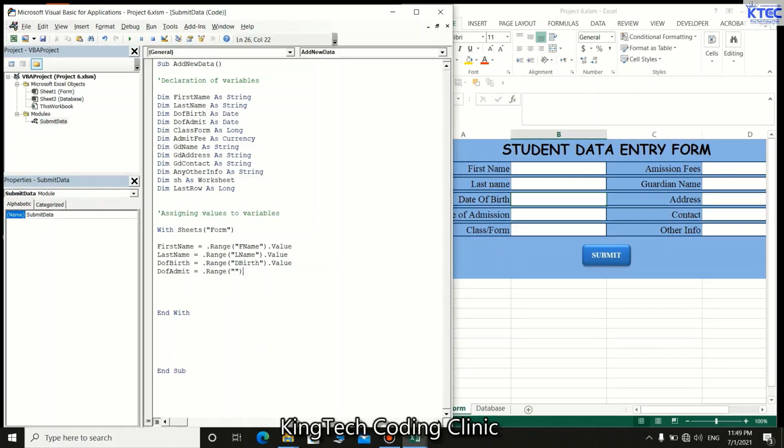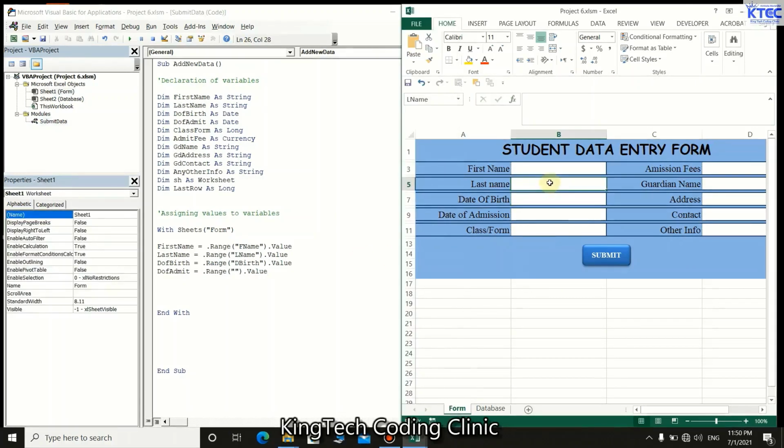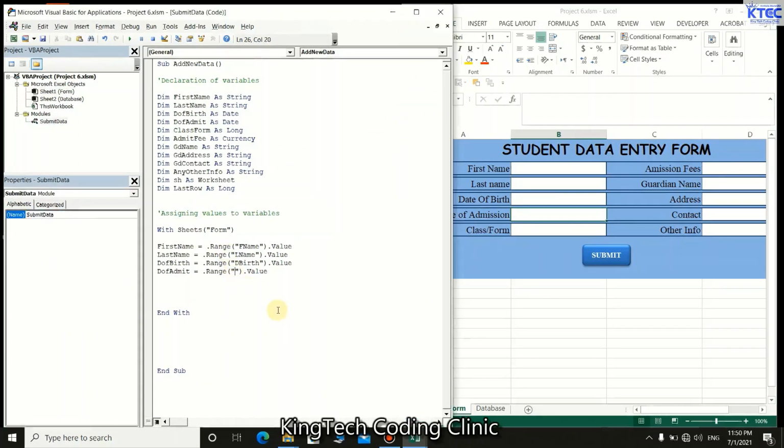Sorry, dot value. Perfect. So let's go for that particular one. That is date of admission, right? So we call this be admit. Control C. Let's come inside there and paste it. So why don't we just copy this and then okay. Let's call the